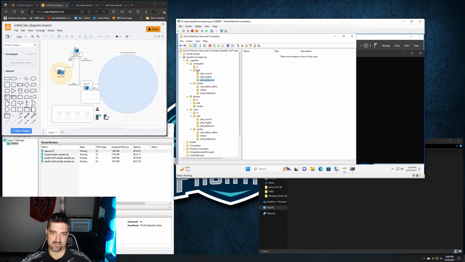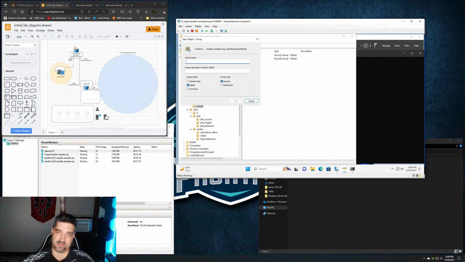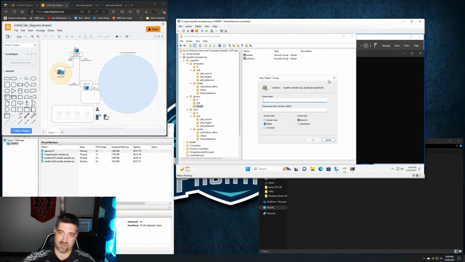So we've got that. Senate. So we look here, Jedi Council, Jedi Knights. So Jedi Knights, okay. Senate, Chancellor's Office, Naboo, Federation. I don't see where we need to have all of these broken out in the groups. I am going to add 2 more groups to the Senate. Actually, I'm going to add 3 of them. We have